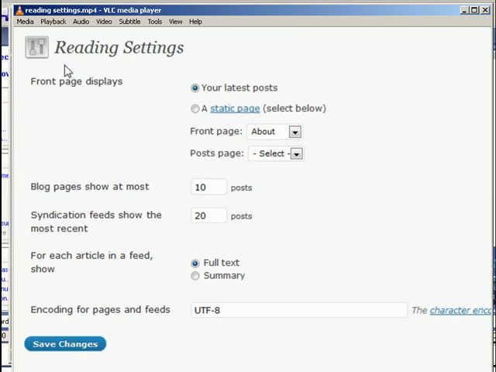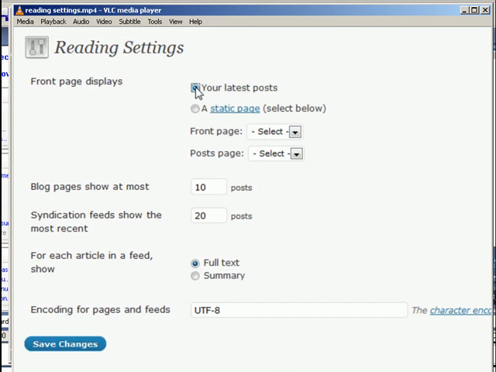Alright, reading settings. There's a couple of different options here for not only reading your blog, but also feed reading with RSS and syndication. So for the most part, most people want to be able to show the latest posts on the home page of their blogs. But for some smaller blogs, or some people that maybe want to show the same information to everyone who first enters the site, maybe you want to display a static page, and that's a single page of your choosing. So what you want to do is select a page that you want them to always see, and no matter who comes in, it will always show the about or whatever page you select